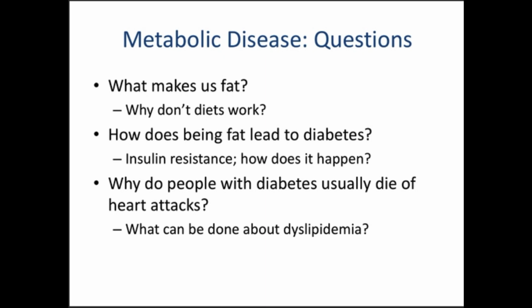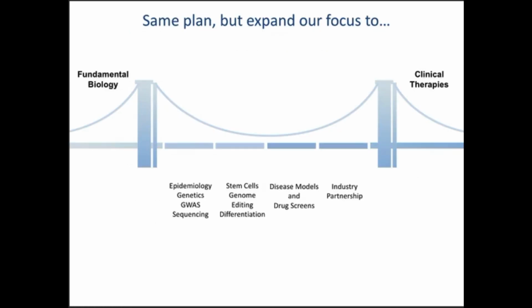Okay. I'm going to, by necessity, talk about some future directions. We're still trying to understand why it is that when you get fat, you die of a heart attack. What is it about being fat that leads to diabetes? And then the ultimate question is, why do we get fat in the first place? It turns out that getting fat in the first place has nothing to do with fat tissue, for the most part, which I can talk about. And we use the same tools. We just turn the crank.